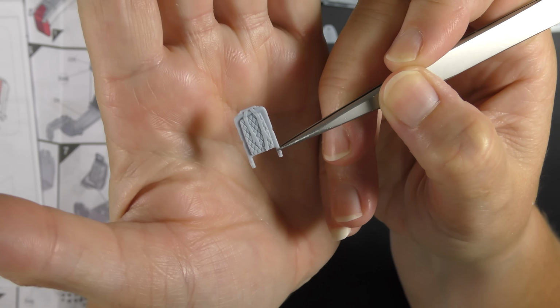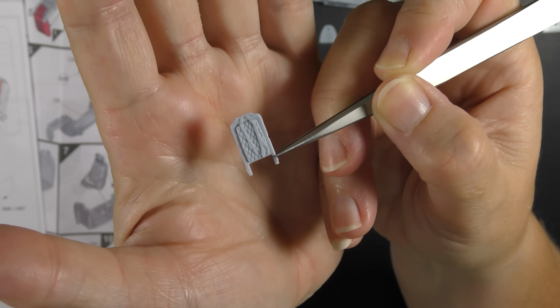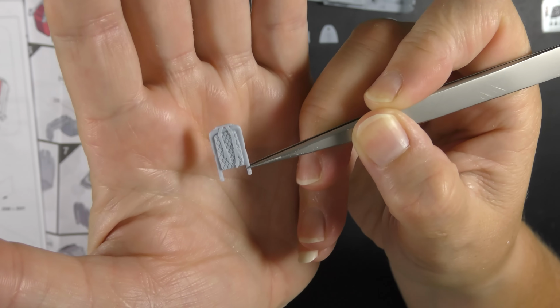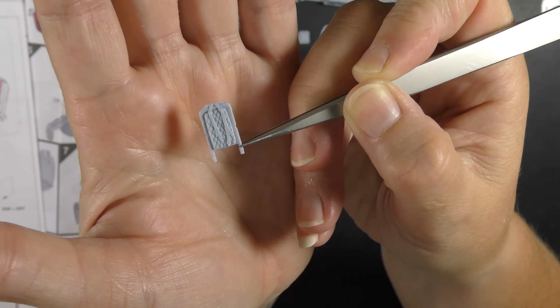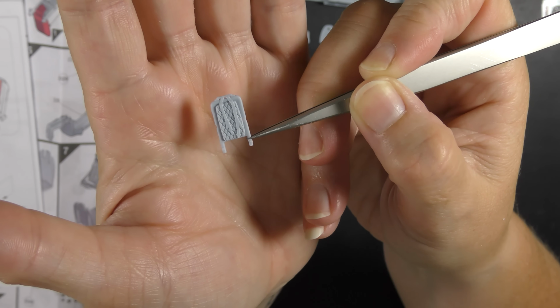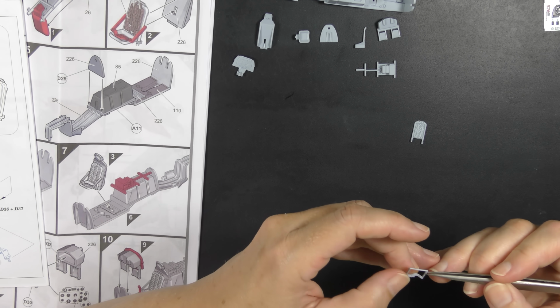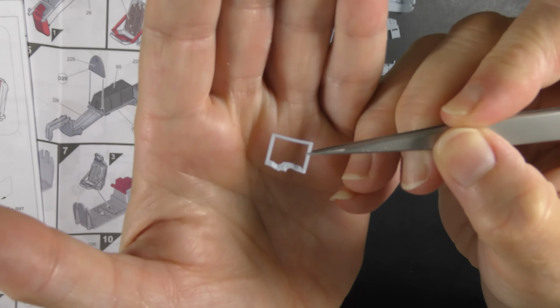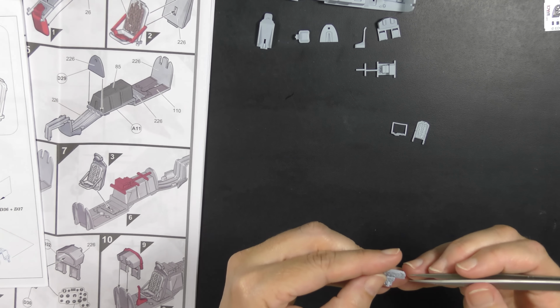Removing those moulded on seat belts isn't going to be that difficult, but we are going to have to reinstate some of the, well, not reinstate it because it isn't currently there, is it? We're going to have to scribe that seat back cushion so that there's not some big flat areas when we put the photo etch belts on. The lap straps, it's just going to be a simple matter of snipping them away from this frame. That's not too hard. And then the main instrument panel,